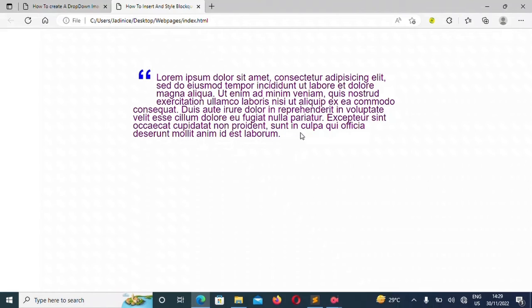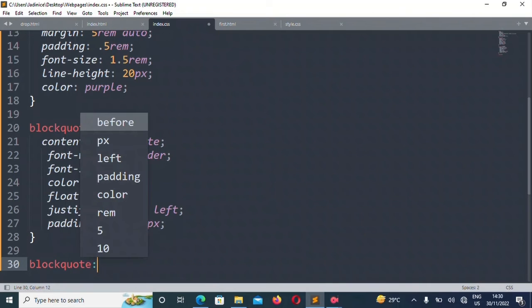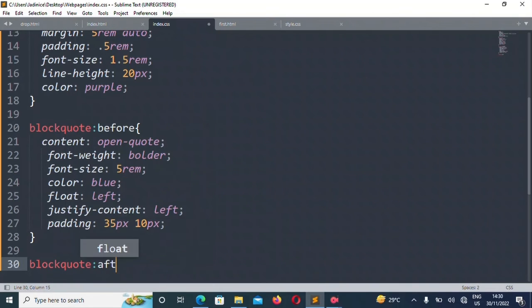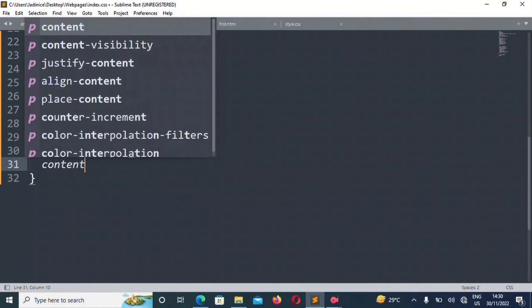Now I'm going to do the one for block quote after the text, so that it will rhyme and it will look more like a block quote. And so I'm going to write block quote. This is after. You see? Block quote after. And then the content.